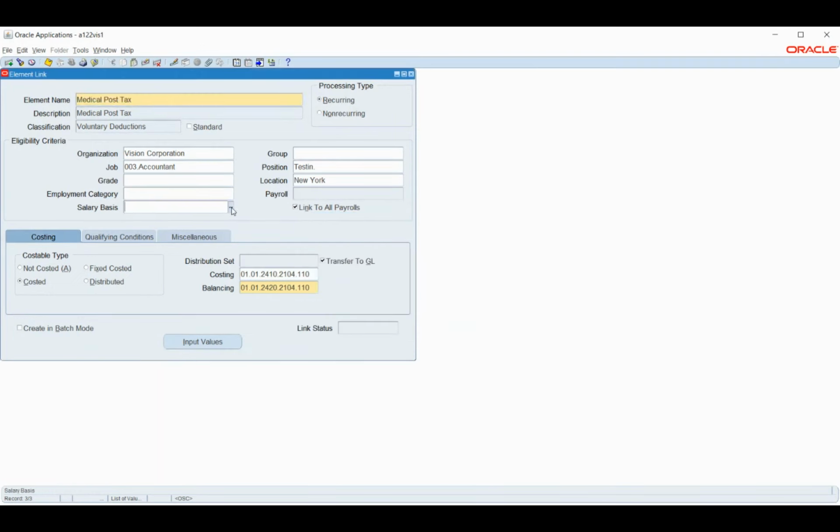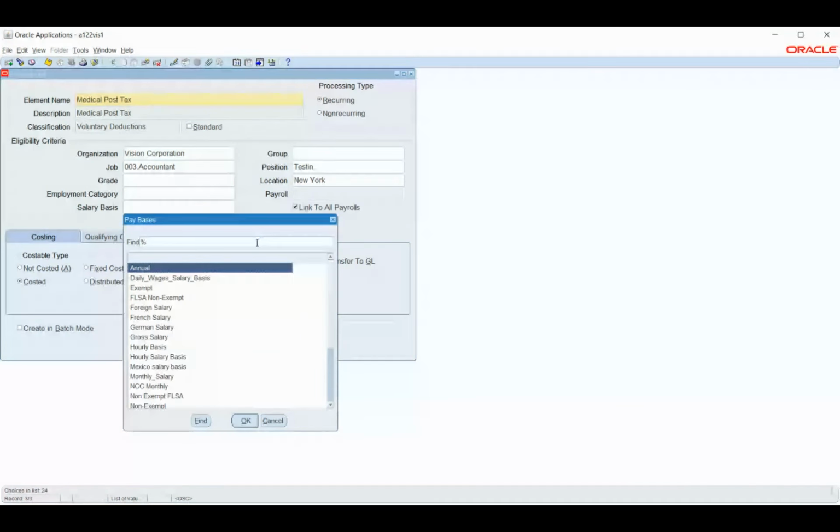Let me add, let me try based on salary basis.